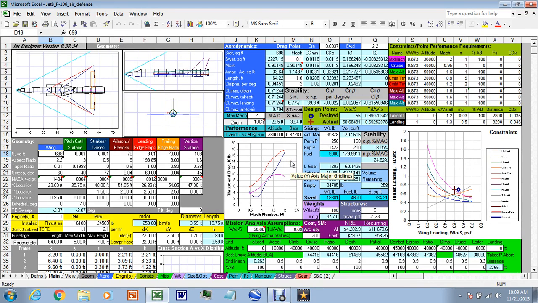The purpose of this video is to help you learn to use the JET aircraft design and analysis software by demonstrating how to use the software to optimize an aircraft for a particular design mission. The aircraft we're going to optimize is an F-106, a 50s vintage Century Series interceptor which flew through the 80s,